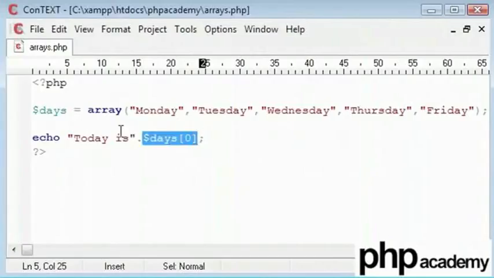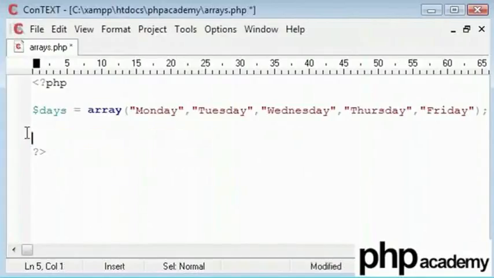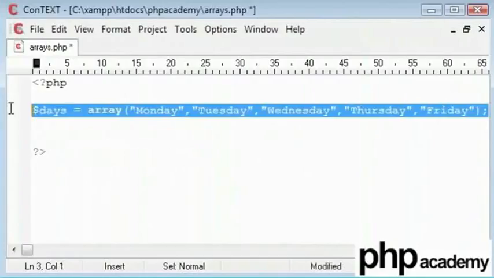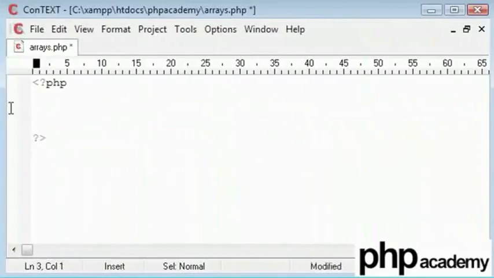Anyway, I am going to go on to associative arrays, where we are going to assign ID tags in a way where we hold a value for each sort of identity. If you don't follow, then this is the way I am going to create it. I am going to say ages equals array.